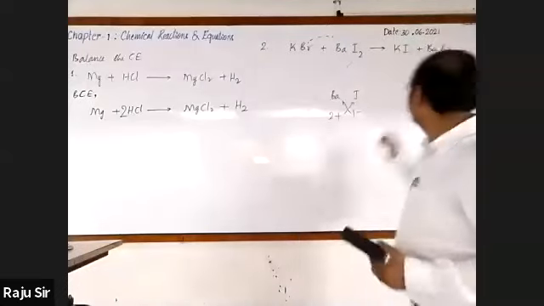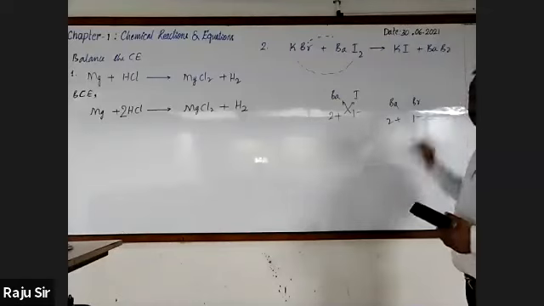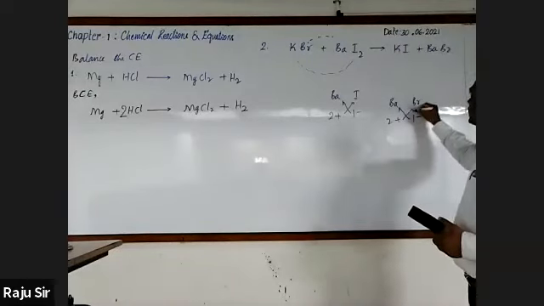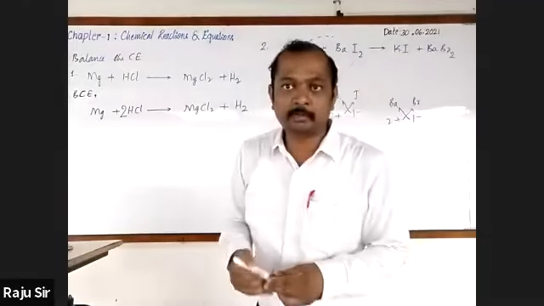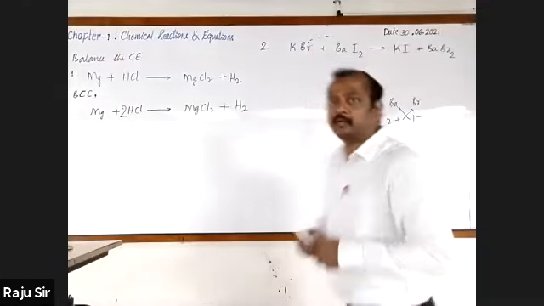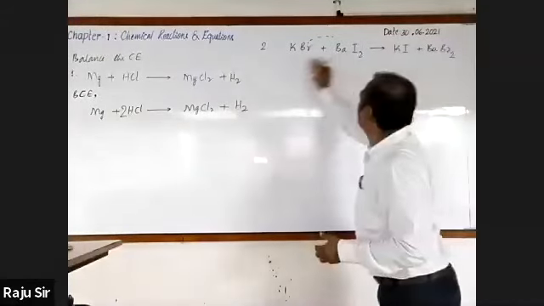BaBr2, because Ba is 2 plus and bromide is 1 minus, crossing over charges it will be BaBr2. Now it should be balanced. So I'll rewrite the chemical equation